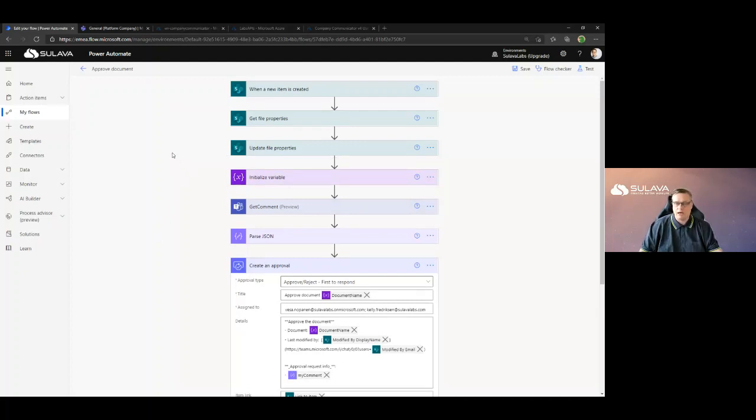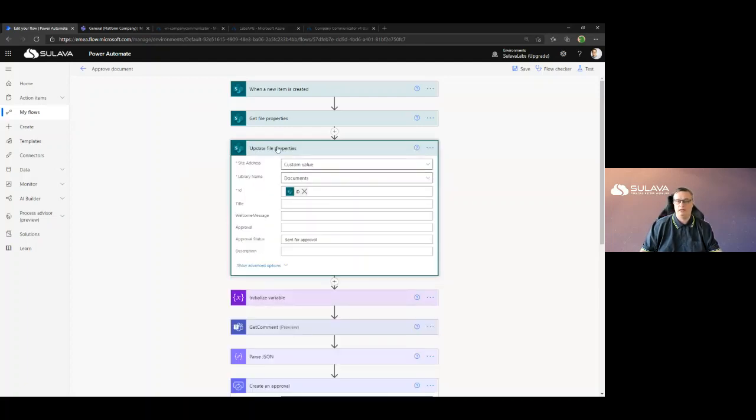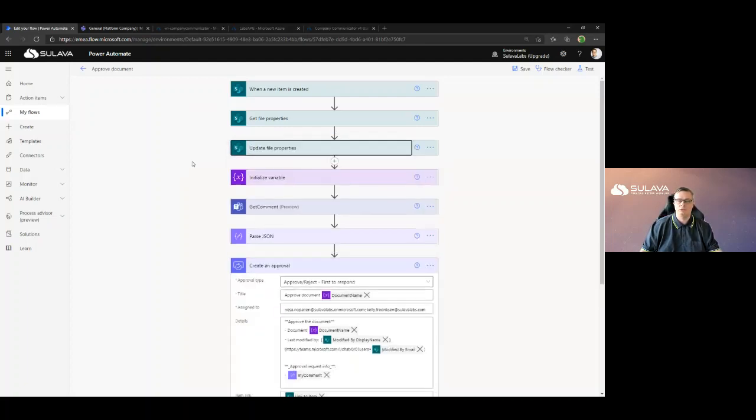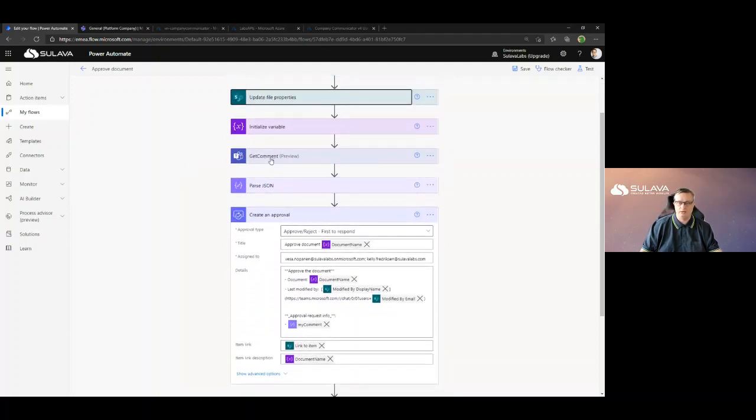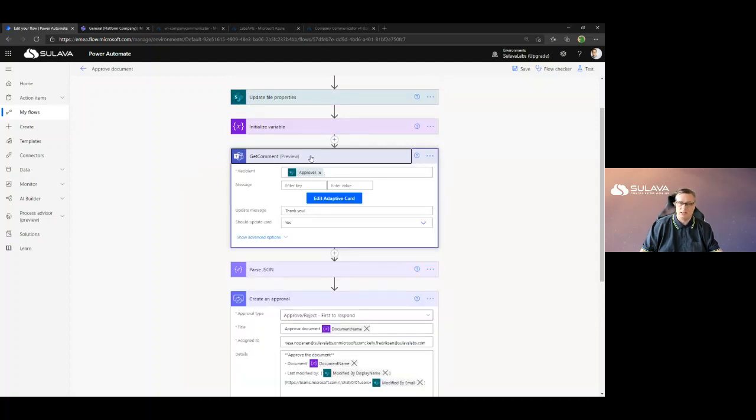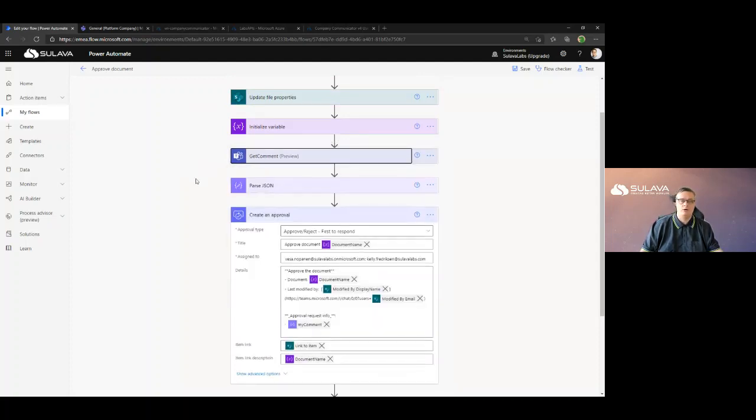When we get a request that the document needs to be approved, it's going to get eventually into the SharePoint list, and I will get that information from that list. This is the document that needs to be approved. We are updating that information that it's being sent for approval. Then I'm going to get the comment from the latest editor of that document. Please do comment, that's happening inside Teams as well, while we are going through this